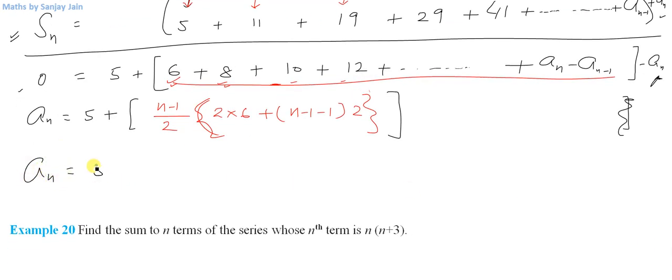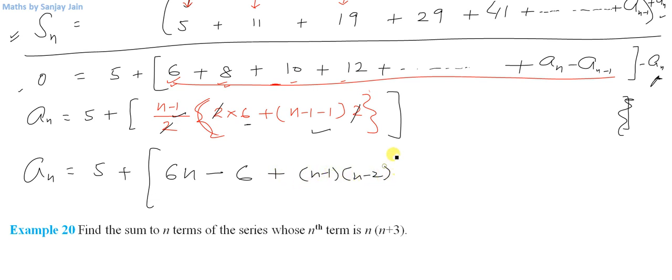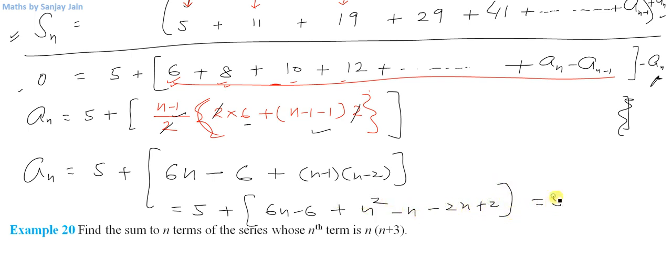So a(n) is equal to 5 plus, 2 can be taken common and can be cancelled with this 2. So this 6 into (n minus 1) will become 6n minus 6, and this (n minus 1) into this (n minus 2) will become, let me write it like this, then I will simplify it. So 5 plus 6n minus 6 plus n squared minus n minus 2n plus 2, and it is equal to